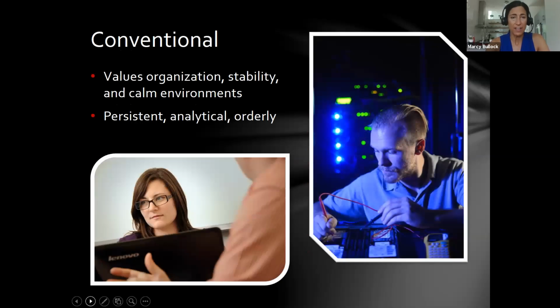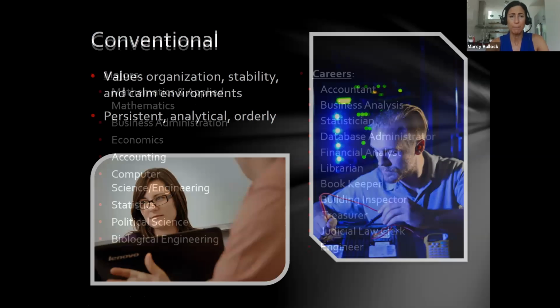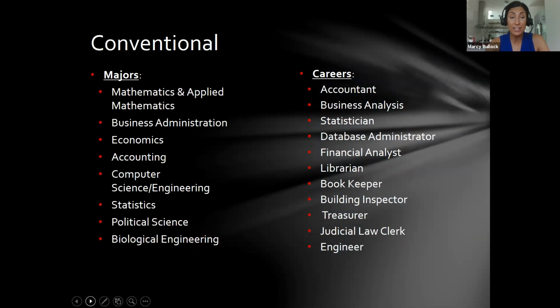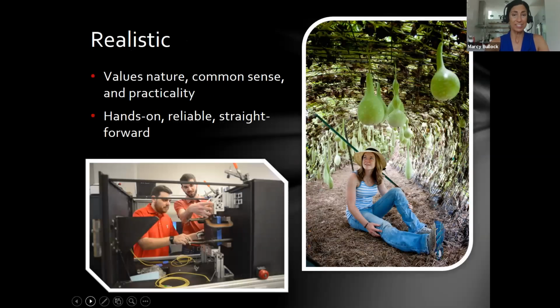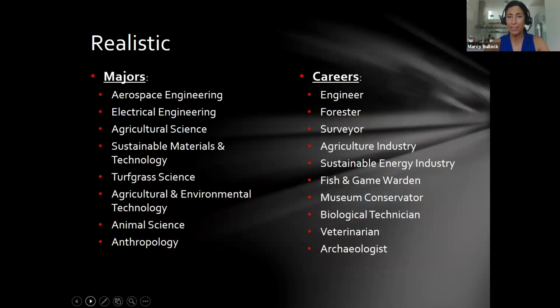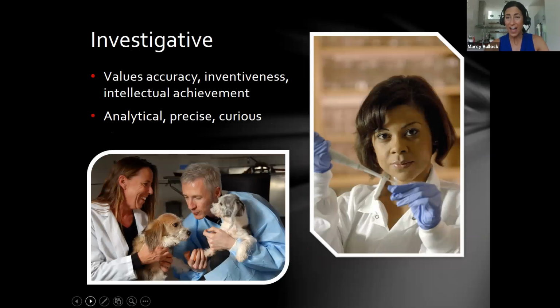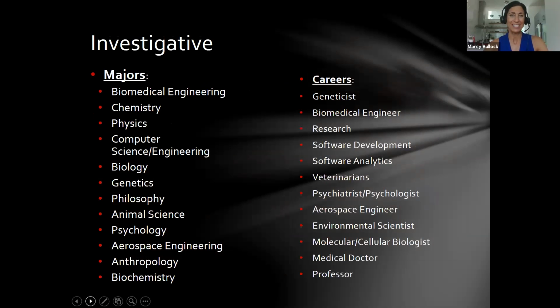In addition, conventional, organized people, analytical people. You can see some of the STEM majors in here, as well as some more business majors and career paths along that line. Realistic, out in nature, maybe hands-on with animals could be a possible career path. That's why we see veterinarian and animal science, but much diversity under that umbrella of occupations. And then finally, investigative. These are our people who are looking at the precise curiosity, intellectual achievement. So it makes a lot of sense that we'll find engineering under there and some of our science majors in this